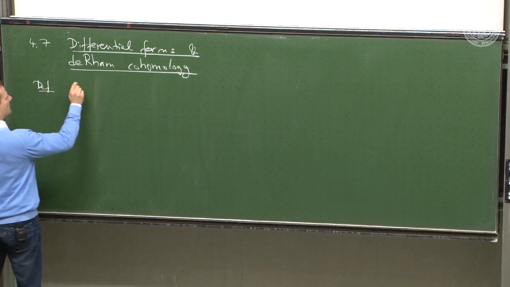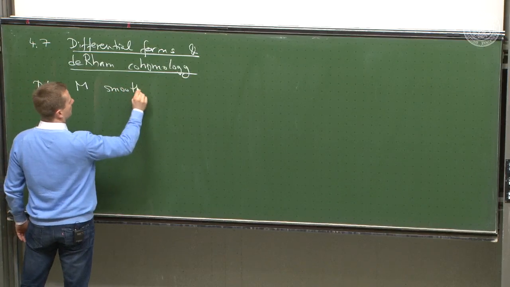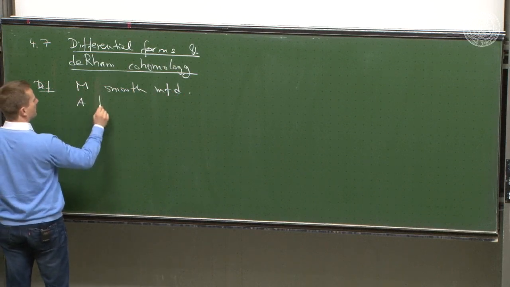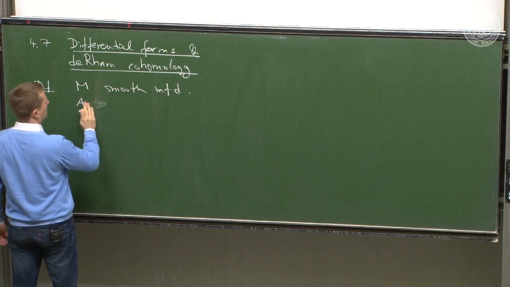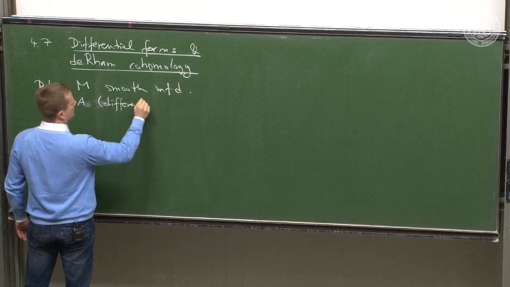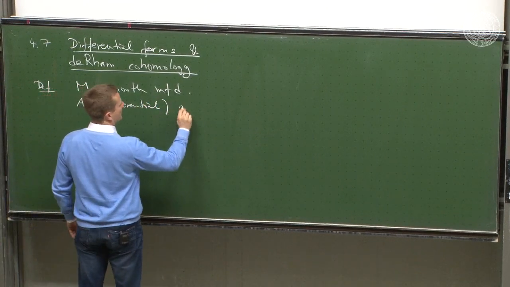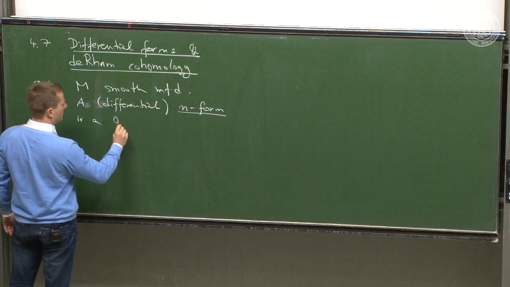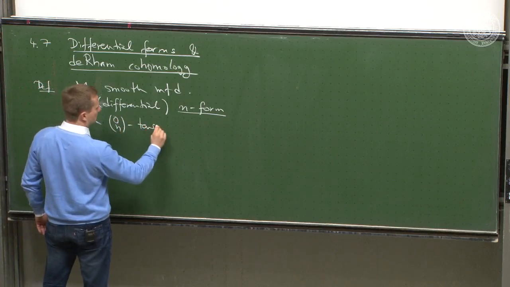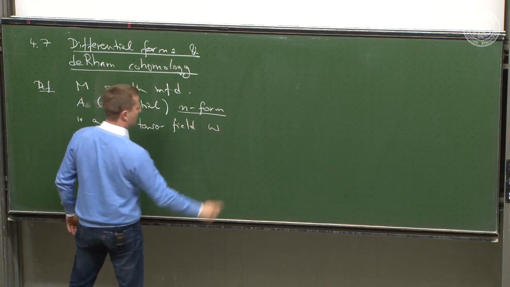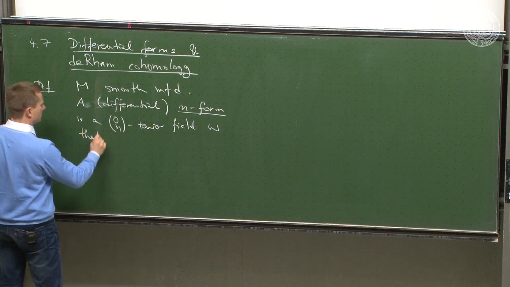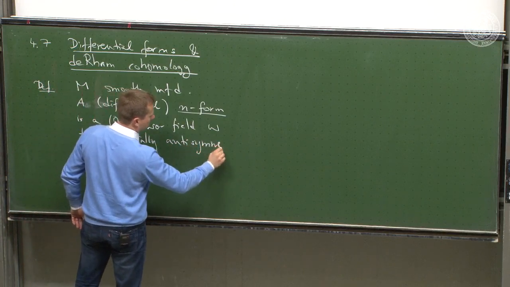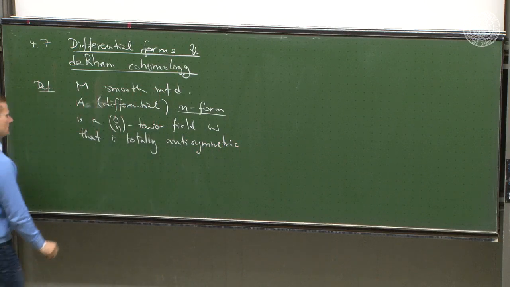Definition. If we look at the smooth manifold M, then an n-form, or often one doesn't say differential, a differential n-form is a (0,n) tensor field omega that is totally antisymmetric. That means